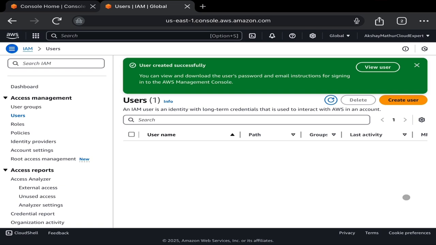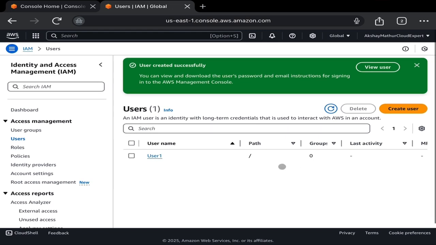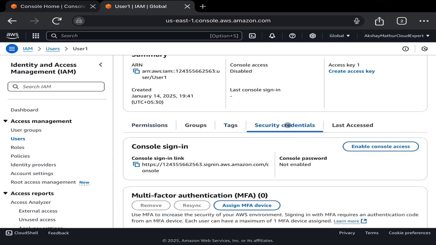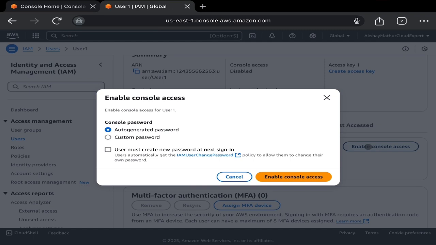Within a few seconds, you can see that the user has been successfully created. So user1 has been created successfully. Now click on user1, go to Security credentials, and then you have to set a password for this IAM user. Click on Enable console access, and if you want you can select auto-generated password, where AWS will create a password for you, but I will select a custom password.